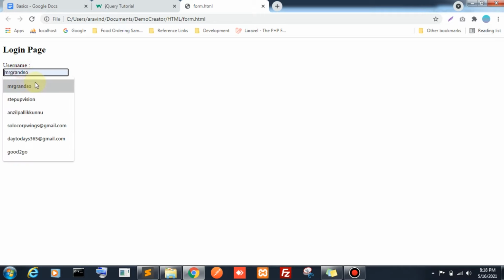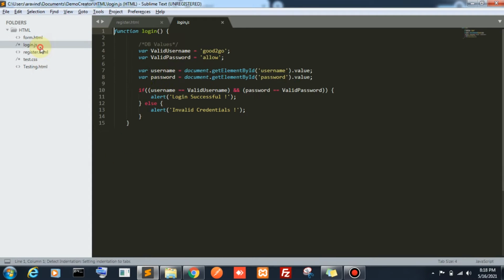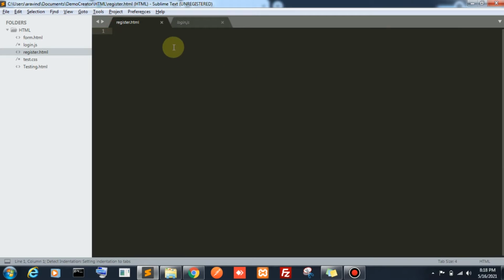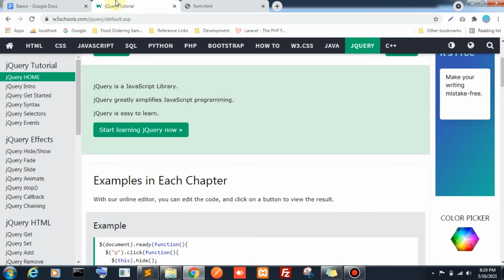In this form we just used a username and password. We used valid and invalid credentials, like that, with JavaScript functionalities. Now I am going to do all these things with jQuery. In the previous video I just used these HTML elements without any design.